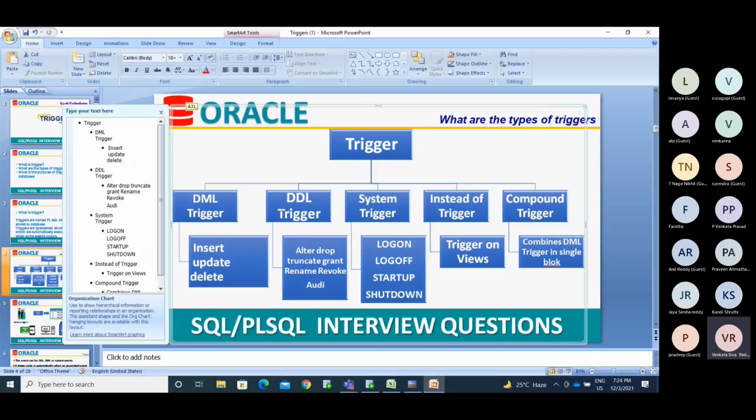When you perform DML operations, if you want to perform any other parallel action, for example if you are inserting data into some employee table, I need to store that information into some different table. Parallelly, after finishing that, I am pushing into some other table. Or before pushing into the employee table, I need to store it into some other table.